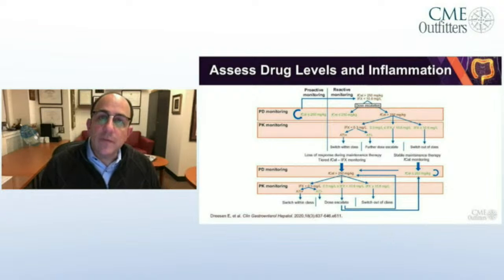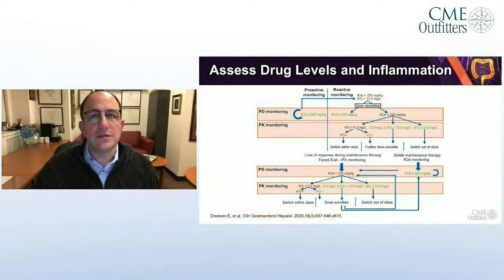Yes, except that this paper emphasizes doing so before they're relapsing, with the idea that by identifying subclinical inflammation, it then becomes a reactive therapeutic drug monitoring approach rather than calling it proactive when in fact they actually had inflammation. So the algorithm looks a little complex there, but the bottom line is it has to do with having a monitoring strategy for patients and making sure that you're assessing disease activity with drug and then